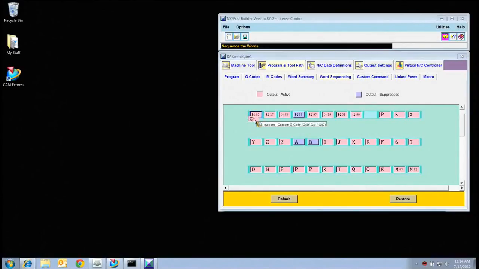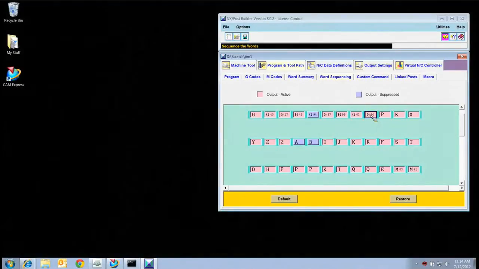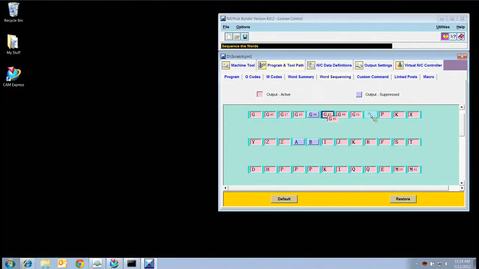If I were to do this, where it highlights that box, that means I'm going to swap positions. And I don't really want to swap positions, I just want to move it to the front. So I'll release it there. And I also said that I wanted G91 right after that. So I'll grab G90, move it to the next position in line,